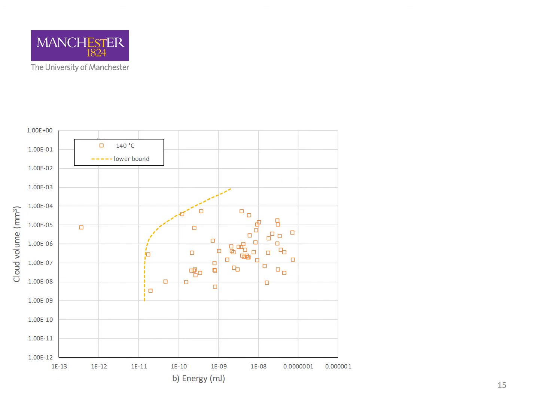Now we have the lower bound, what we'd like to do is shift the energies calculated at the end of the test to the lower bound line to give a prediction of the energy at nucleation. As I said before, the energy is taken as the strain energy density multiplied by the parent particle volume. The parent particle volume is fixed and measured, so we can't change that, so we need to change the energy density. Where the energy density in this case has been taken as this equation, which is the strain energy density in the plane acting normal to the maximum principal stress.